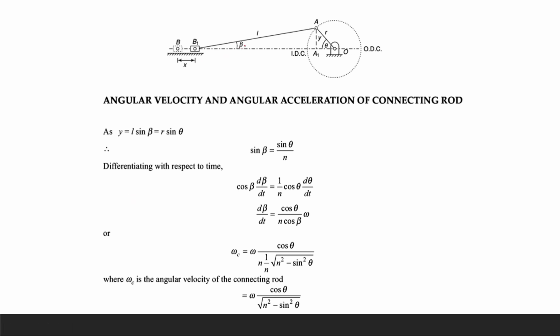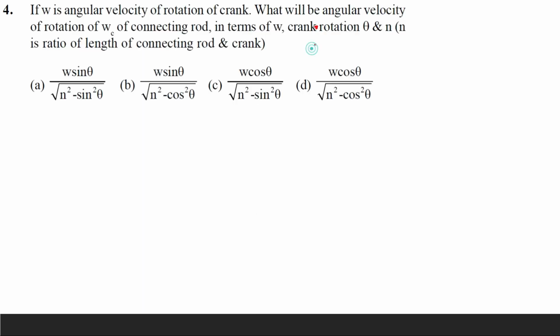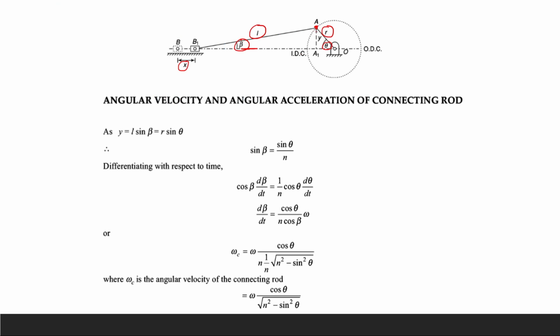So here you can see angle of connecting rod with this horizontal is beta, angle of crank is theta, and length of connecting rod L, radius of crank is R. Now at some displacement x, this is the position of slider crank mechanism, and at the junction of crank and connecting rod, we assume the distance y. Okay, now इसको हम solve करते हैं.